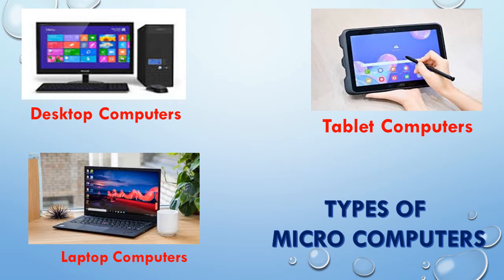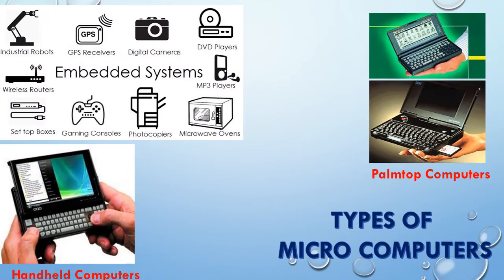Laptop computer. They are portable personal computers powered by a battery or an AC cord plugged into an electrical outlet. A tablet. A tablet is a portable computer that uses a touch screen as its primary input device. Handheld computer. It can be used to store data conveniently and can be kept in a pocket and used while you are holding it. They are called personal digital assistant or PDA.